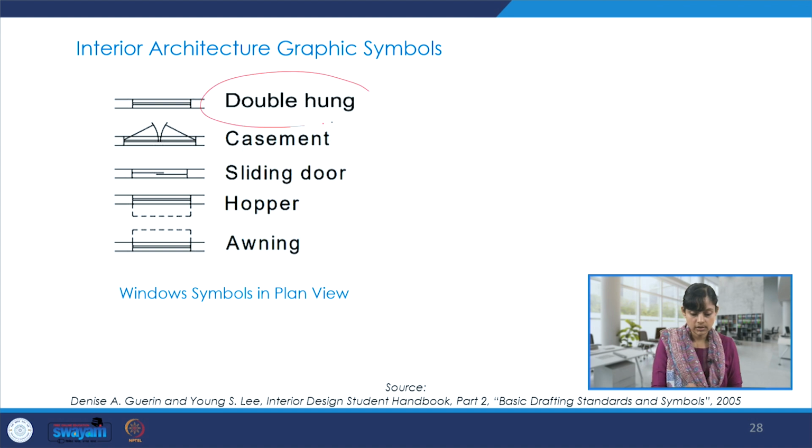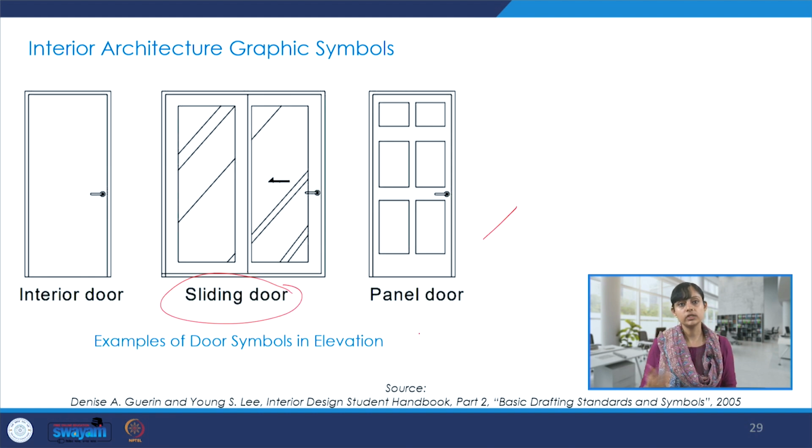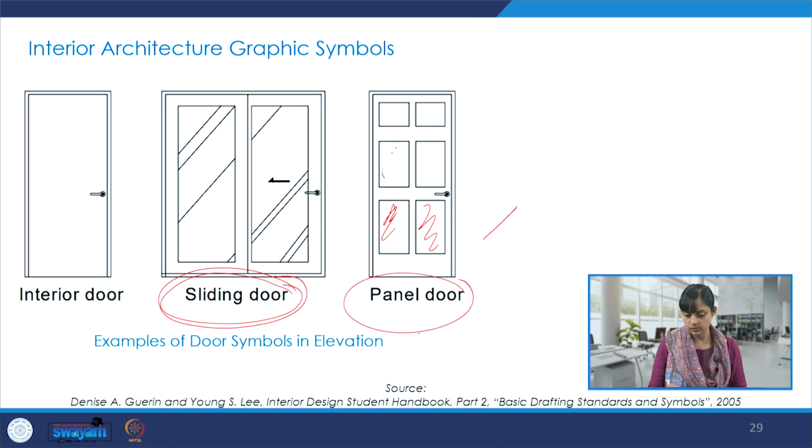And for something double hung, like a casement opening or a sliding door, there is also the awning, like you must have seen a canvas projected outside in restaurants, etc., just above the window opening. So we can create a symbol for that awning too. Then we have more interior architecture graphic symbols. Like here for the sliding door, and this is for the panel door. So we have these panels over here. It could be a flush door, panel door, and so on. And we could just represent that graphically.